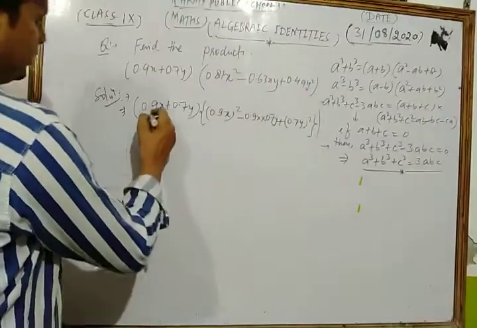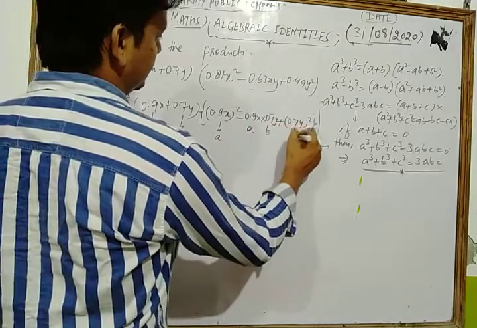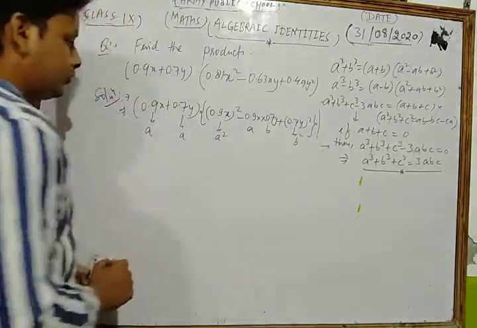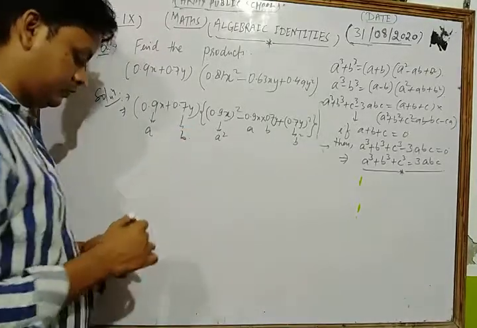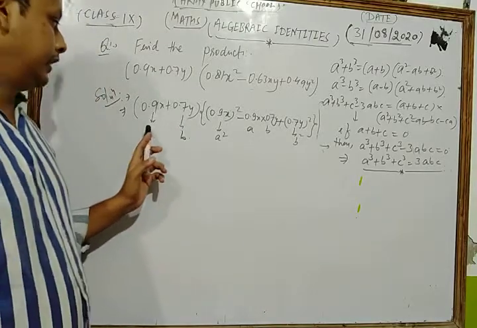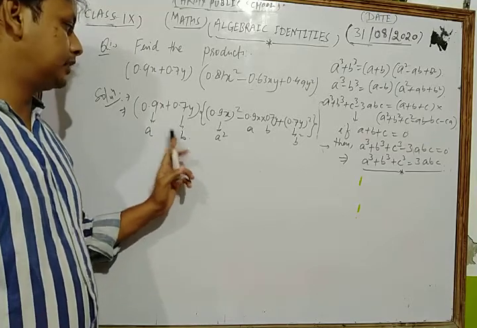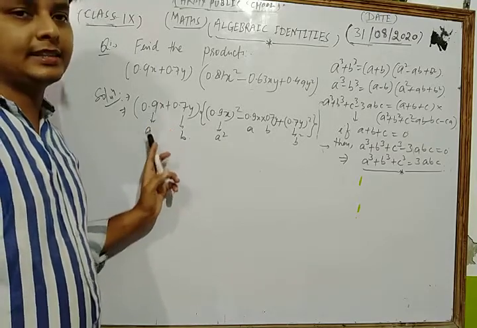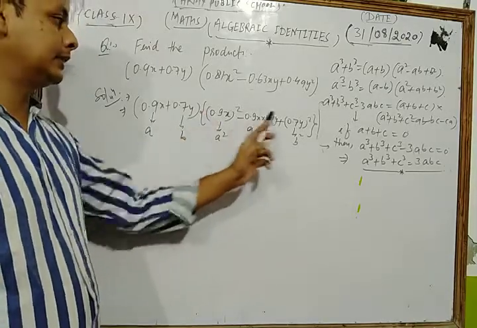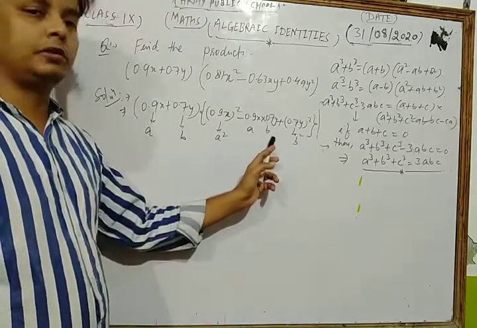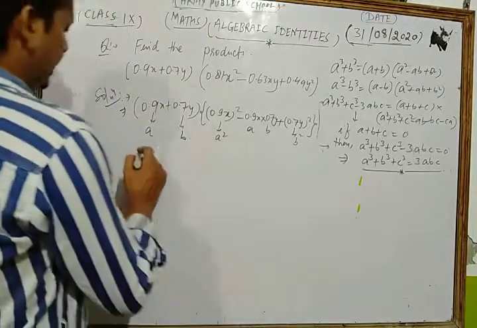Now look, suppose that this is the value of a, this is ab, this is b, this is a square, this is b square. Suppose we take 0.9x as a and 0.7y as b. Now this is the form of a plus b, and in another bracket a square plus b square minus ab. So we can write a cube plus b cube. So here we write